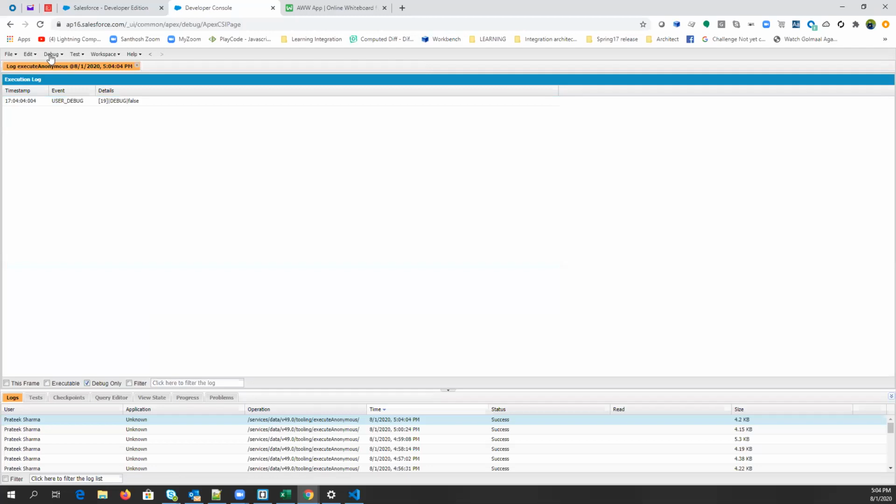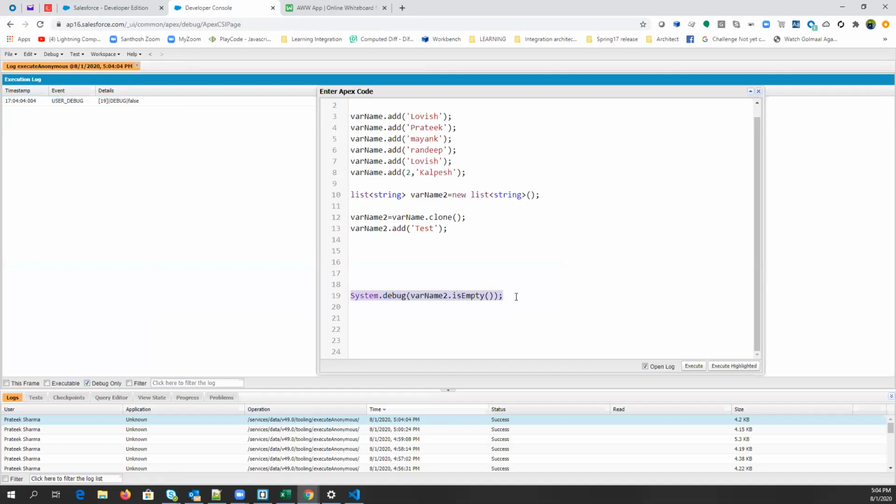So let's say you are using a list and that particular list has zero elements, then we will get an error called null pointer exception. You need to check before using it, because if you use it directly at a particular index, that index will have a null value. Clear, guys? So before using any list, you have to check if it is empty or not.